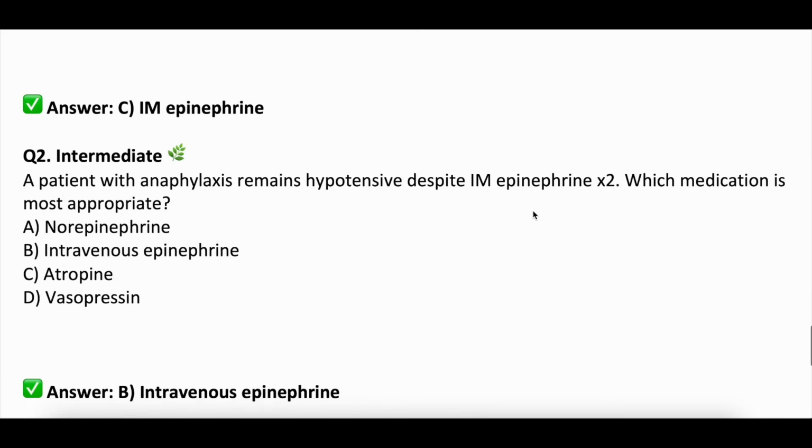So this is our practice pattern. Again, not medical advice, but we give 2 doses of intramuscular epinephrine, and if it's still refractory, you put them on an intravenous epinephrine infusion. Okay, you can use norepinephrine, but that is not the next step. The next step is an intravenous epinephrine infusion. Atropine's not going to help you. Vasopressin, again, is just another vasopressor. So key here is epi,